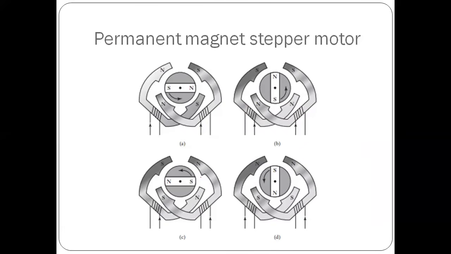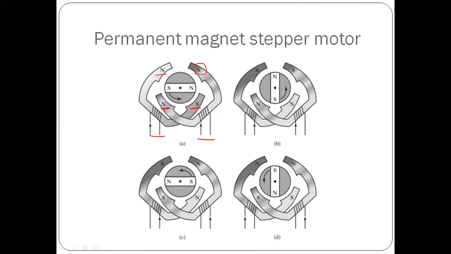As the name indicates, here the rotor is made up of a permanent magnet, whereas the stator is the same electromagnet, which means it has wire wound around it. When I pass current through this electric wire, it will be magnetized. Say initially I pass current through these two wires in the direction shown in the figure. This is going to produce a magnetic field like this, so this becomes a north pole and this a south pole. Similarly, this is north and this is south.